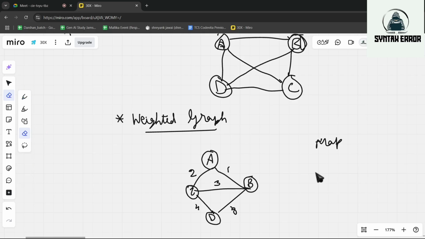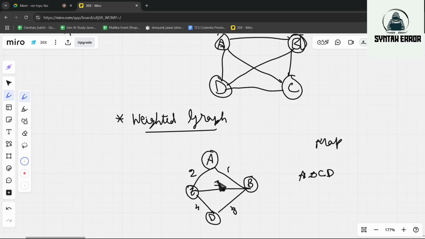One path: from A you can go to B, from B you can go to C, from C you can go to D. A to B, B to C, C to D. This is one path.